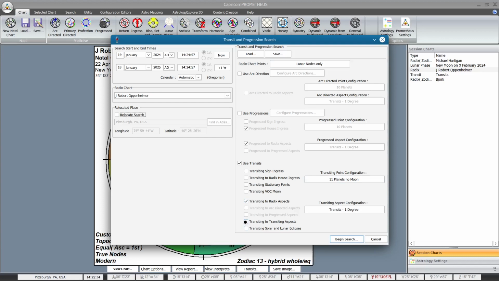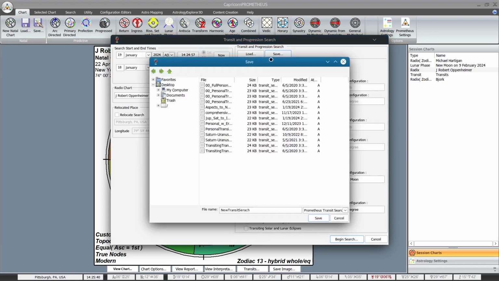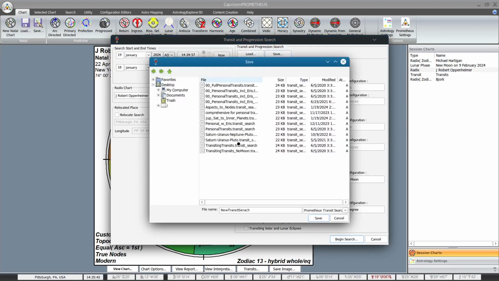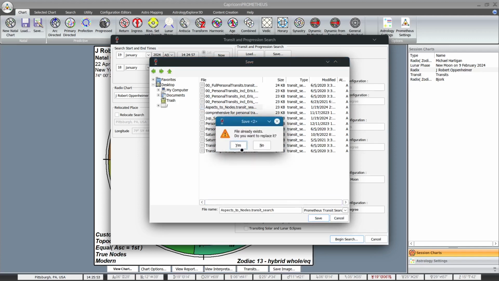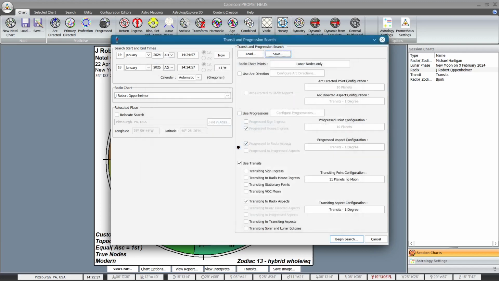We don't want to see transiting to transiting aspects even. So now that we've refined this, we can save. And instead of typing in a new file name under new transit search, we can just click aspects to nodes and save. It'll give you an overwrite dialog. And when you confirm, now